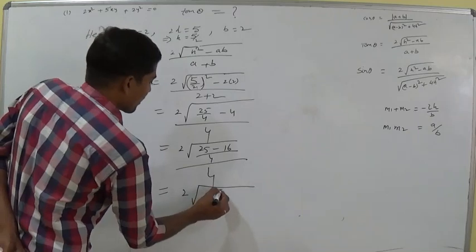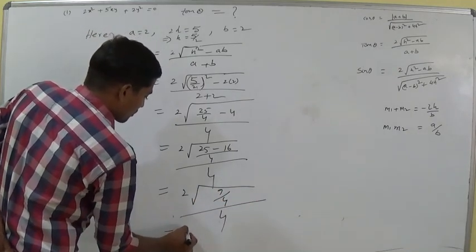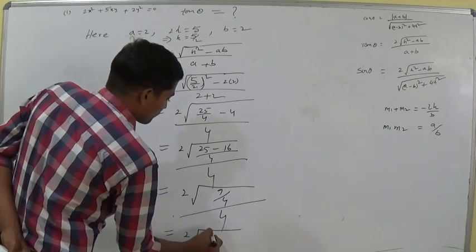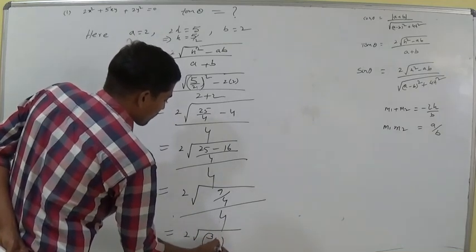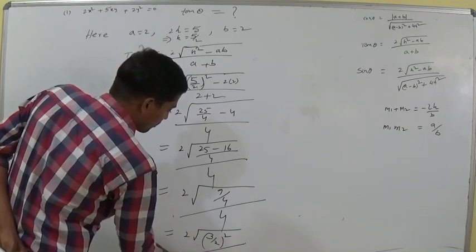So 9 by 4 by 4. So 2 square root of 3 by 2 whole square by 4